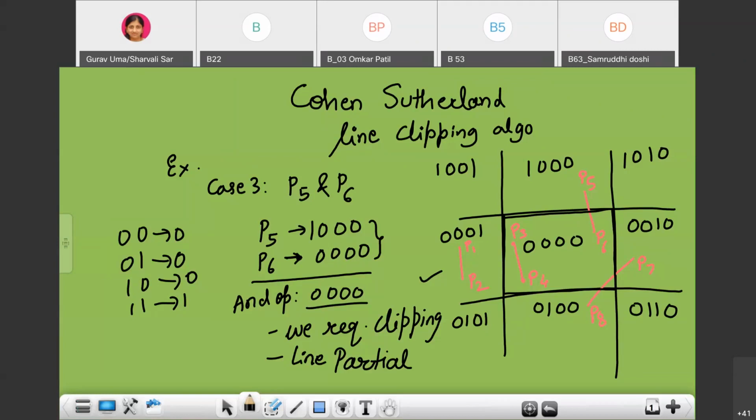If the answer is 0000, that means some portion is lying inside the window and some portion is lying outside the window. So in this case, we require clipping, as P5 and P6 are two different points. So this is case 3.